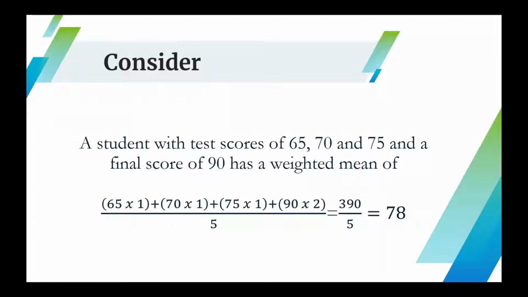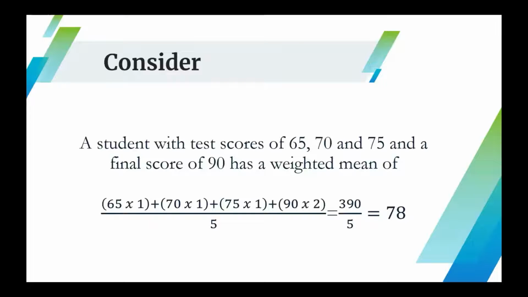In this case, the professor could assign each of the test scores a weight of 1 and the final exam score a weight of 2. Thus, a student with test scores 65, 70, and 75 and a final examination score of 90 has a weighted mean of 65 times 1 plus 70 times 1 plus 75 times 1 plus 90, the final score, times its weight 2, over the total weight of 5, which is 390 over 5